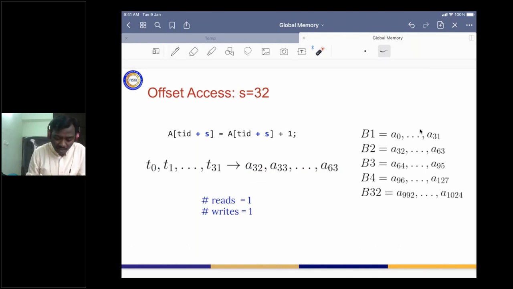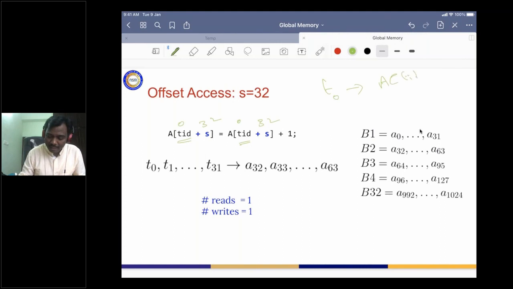Again, you can understand this when the S value is 32. This is 32 and this is 32. What is the value of TID? Let us think of 0. If TID is 0, T0 is going to access A of TID plus S, which means A of 32.